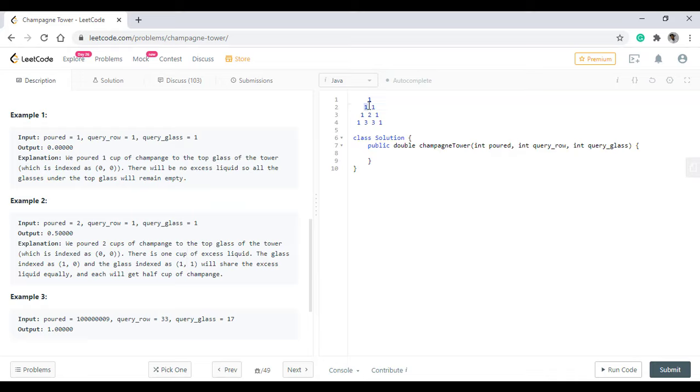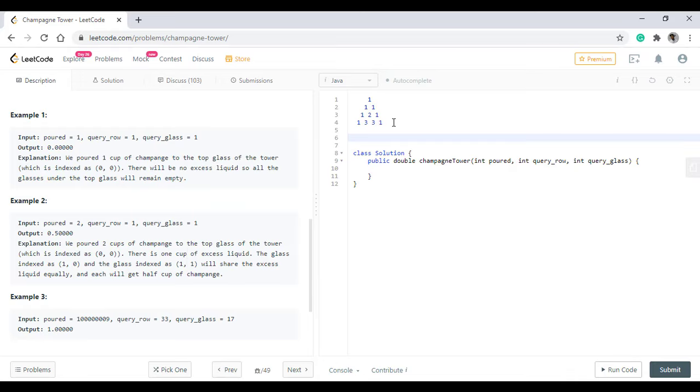If we are pouring only one glass of champagne, then only this glass will get filled. With the same, if we are pouring two glasses, then one will be filled in this and each half, and both these will be filled half, because only half and half will be poured into the adjacent glasses.